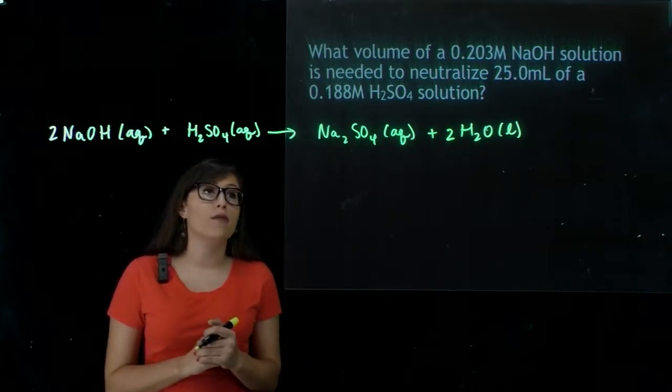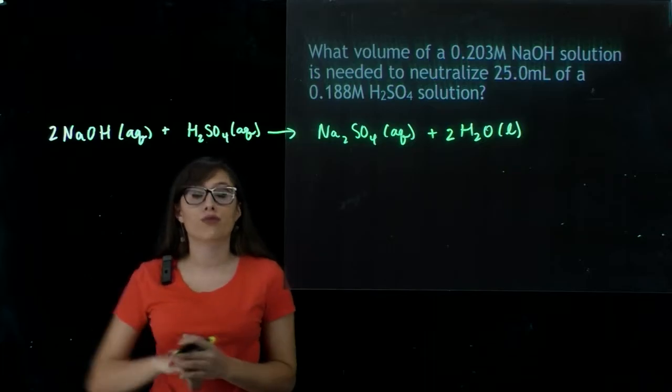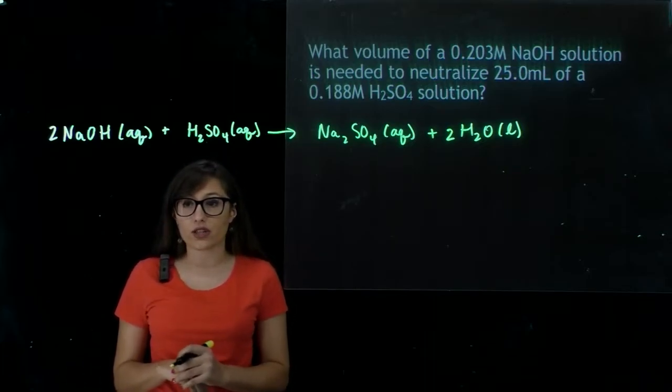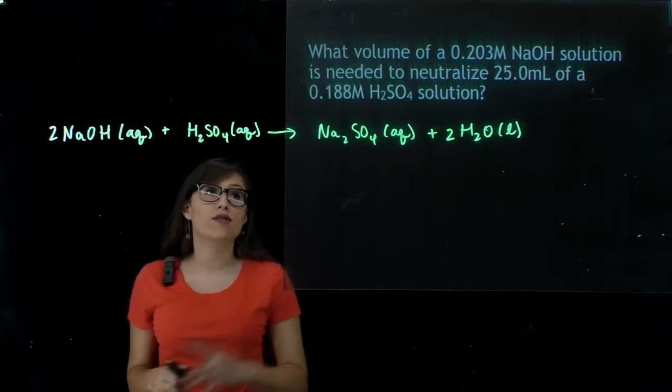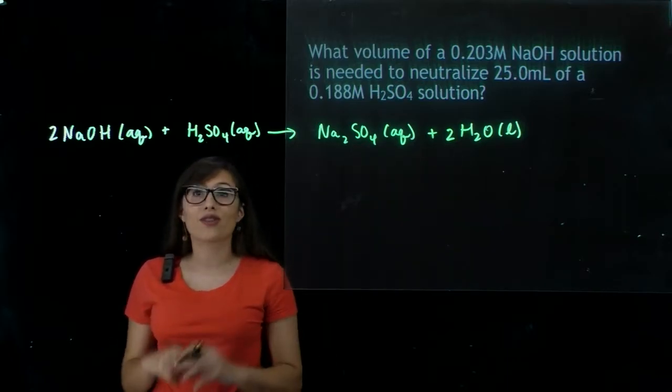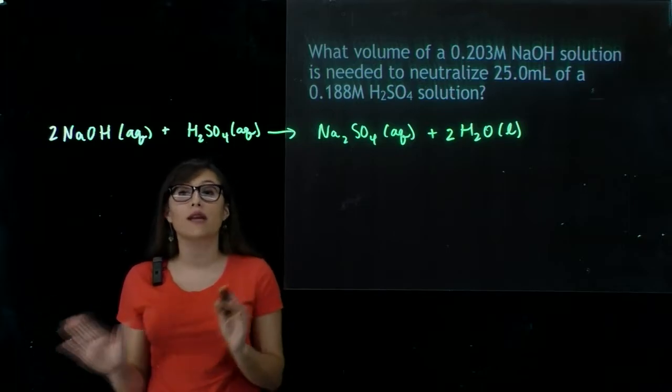Well, in order to do this problem, the very first thing that you needed to do was write a balanced chemical equation. We knew we had a base plus an acid, which will give us a salt and water. So this is the very first thing that you had to do, and you had to make sure it was